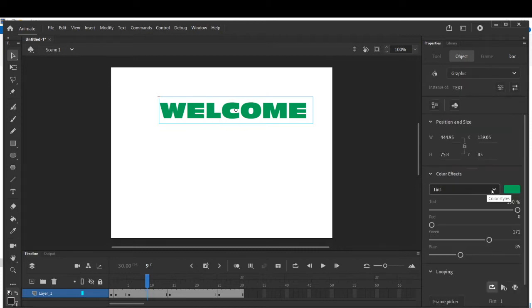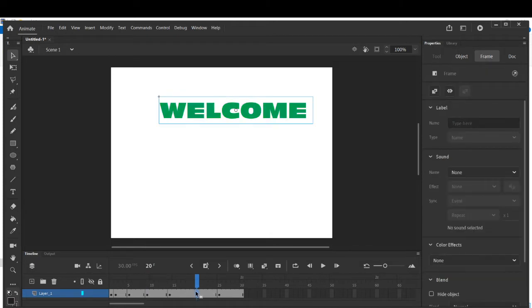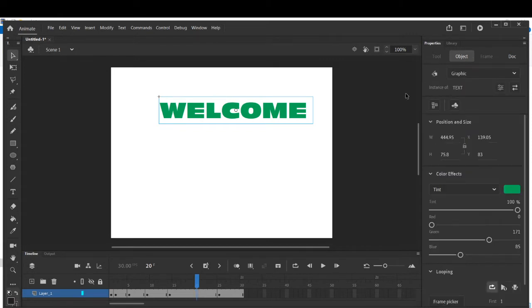Go to tint option from this color effects, and now the green option will be highlighted and blue will be 0. Click on the third option again and then click on the text. See the property box, choose tint option, and now blue, children. Now the next one is blue.